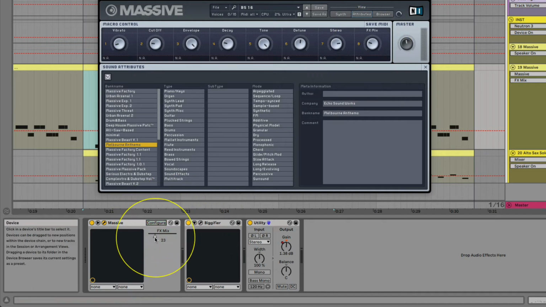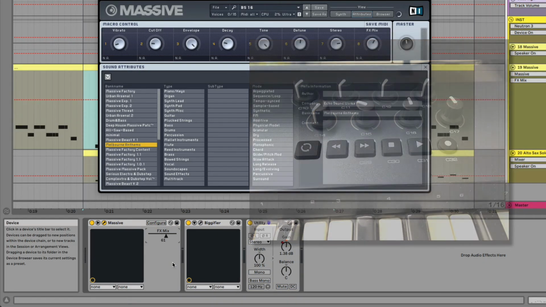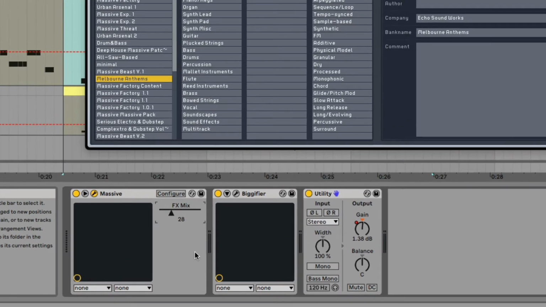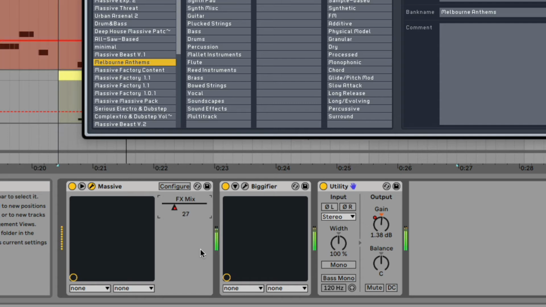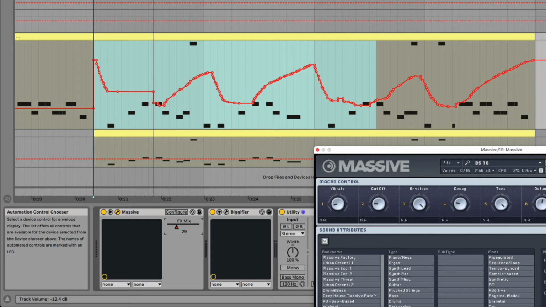And then for the slider, I'm going to edit that value using the MIDI map, and then tell my controller which one to use. And now on my controller, I'm using this, and now I can control the FX. Now we're going to hit record and record some effects just at the end of every line. Okay, so now I added some effects in there, and then if we play that,